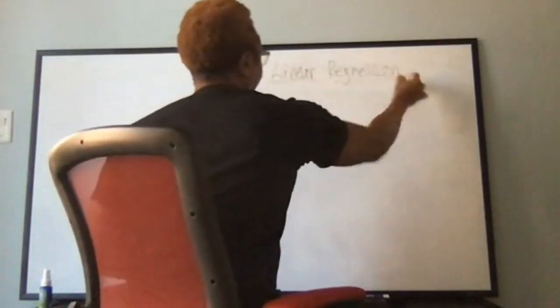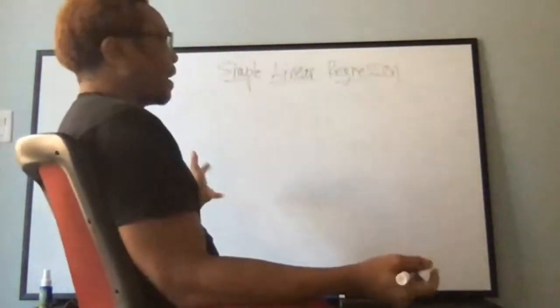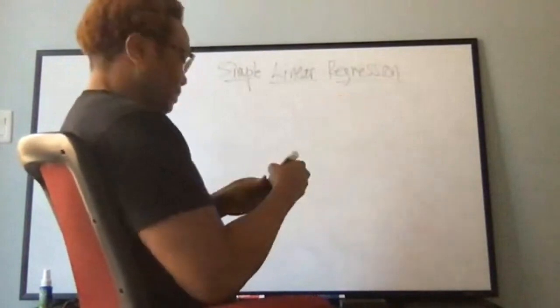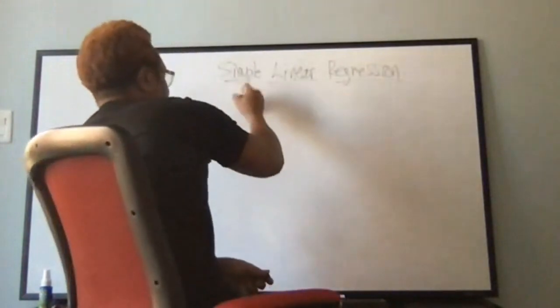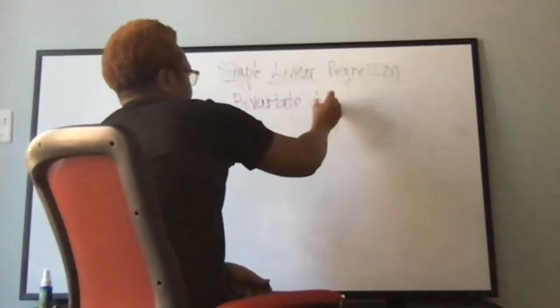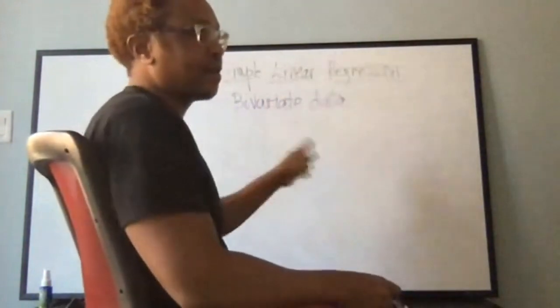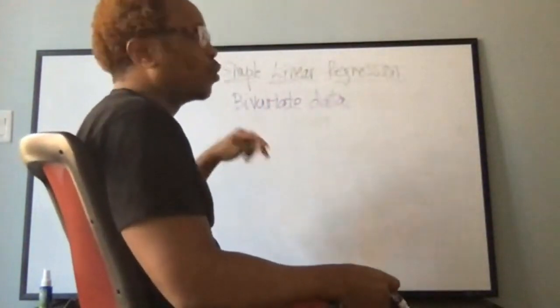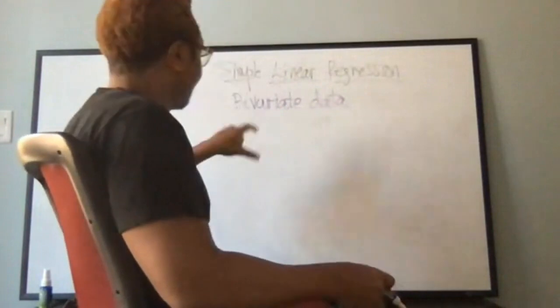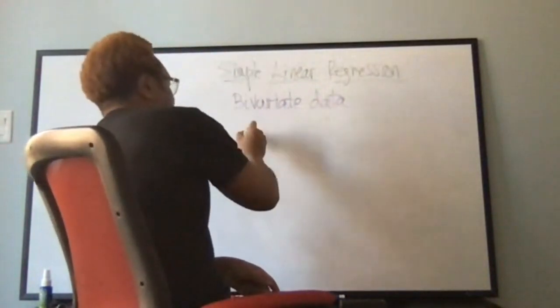Simple linear regression. All right. This is a situation where you have what's called bivariate data, where you have 2 pieces of data for that one subject, or 2 pieces of data for something like